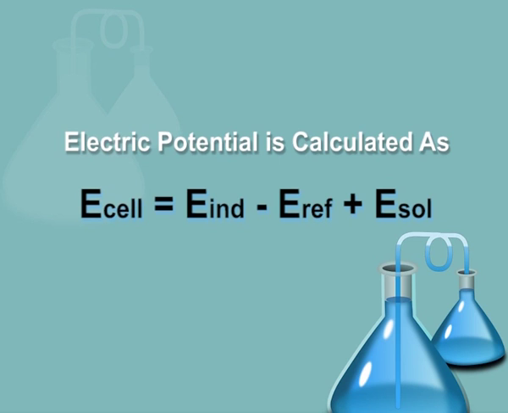E cell is recorded at intervals as the titrant is added. The reference electrode is a half cell with an accurately known electrode potential. E reference is independent of the concentration of the analyte or any other ions in the solution, and is always treated as the left-hand electrode. The indicator electrode is immersed in a solution of the analyte, develops a potential E ind, which depends on the activity of the analyte and is selective in its response.